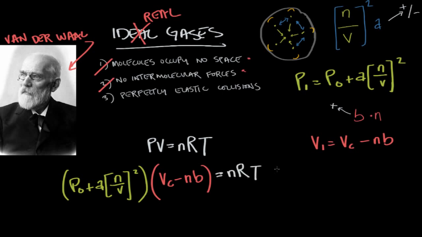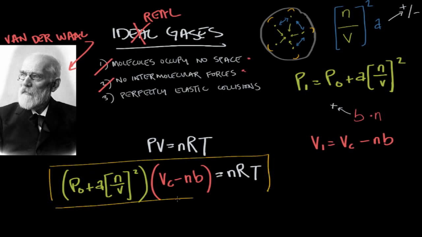By correcting for the intermolecular forces and the volume taken up by the particles, we now have an equation that applies to real gases, which we call the van der Waals equation. It looks pretty terrifying, with tons of values in it, but it's really no big deal, because the only difference between this and the ideal gas equation is just the corrected pressure and the corrected volume.